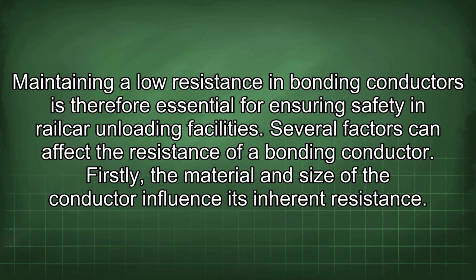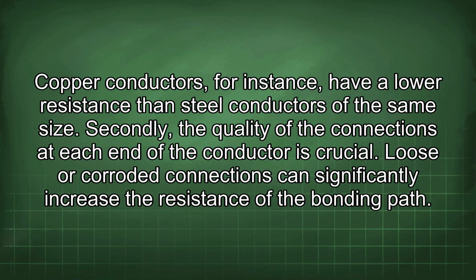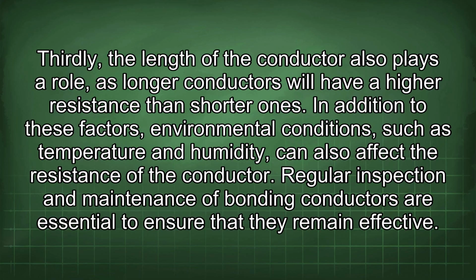Several factors can affect the resistance of a bonding conductor. Firstly, the material and size of the conductor influence its inherent resistance. Copper conductors, for instance, have a lower resistance than steel conductors of the same size. Secondly, the quality of the connections at each end of the conductor is crucial. Loose or corroded connections can significantly increase the resistance of the bonding path. Thirdly, the length of the conductor also plays a role, as longer conductors will have a higher resistance than shorter ones. In addition to these factors, environmental conditions, such as temperature and humidity, can also affect the resistance of the